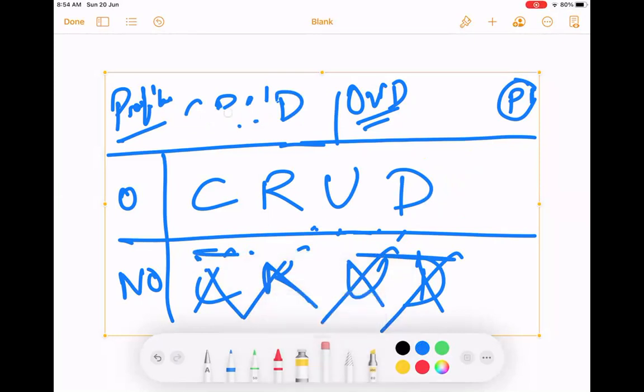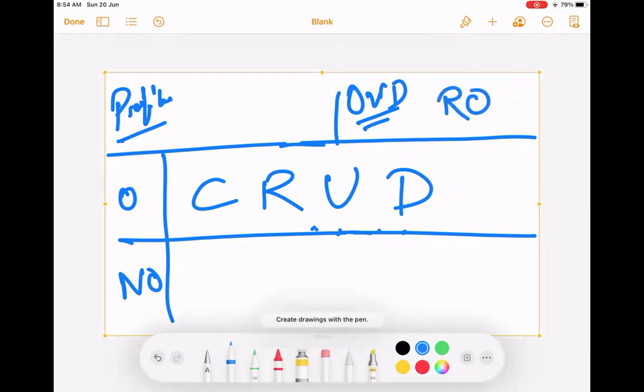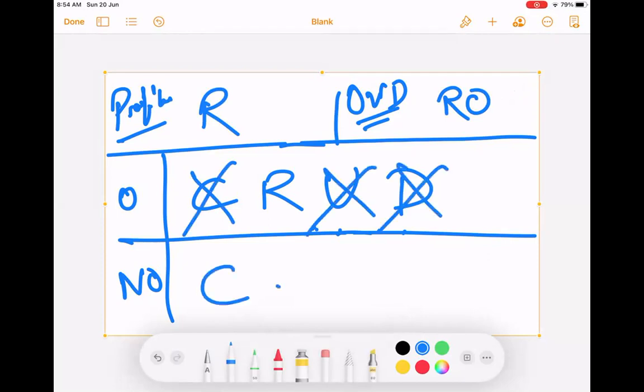Again, we'll start from scratch. It's very important for you to understand all this, otherwise it will not be easy. I am now setting this to read only. I am giving R only. What will happen? These are not there, right? What happens for the non-owner?